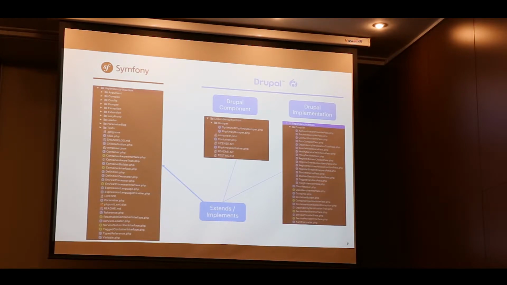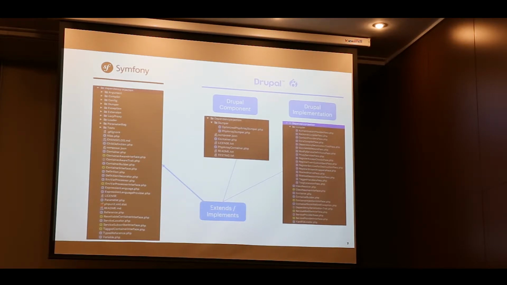You have the Symfony dependency injection container inside your vendor, and after, inside the core, you have the Drupal components, which extend or implement some classes from the Symfony component, and here you have the implementation inside Drupal. It's different. You have two parts for the Drupal part.